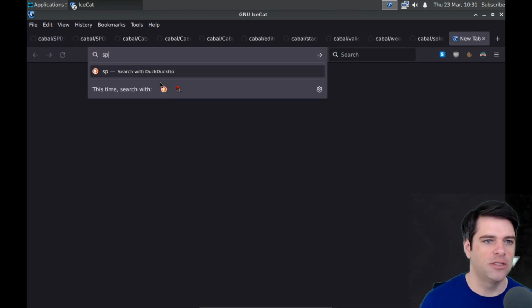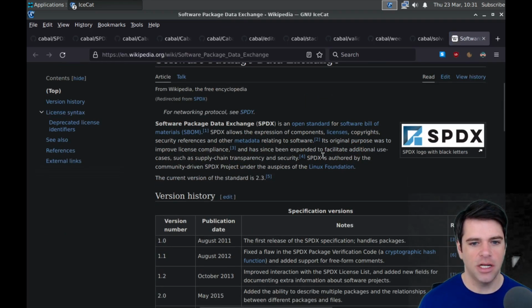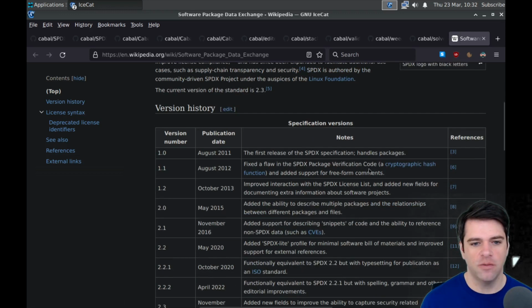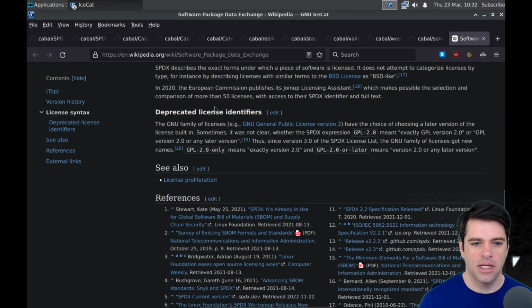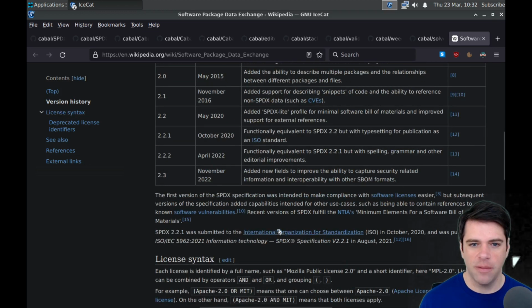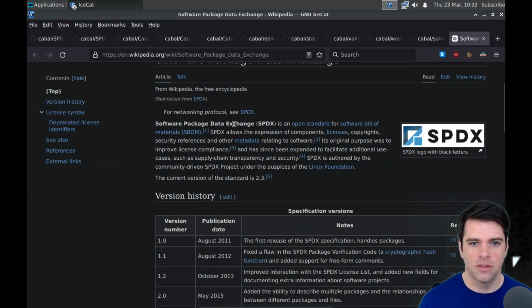Let's actually look this up once and for all. Software Package Data Exchange. It's an open standard for software bill of materials. SPDX allows the expression of components, licenses, copyrights, and security references, and other metadata relating to software. All right. Syntax, that's not so important for us, but I'm wondering if we can find a list of fields.